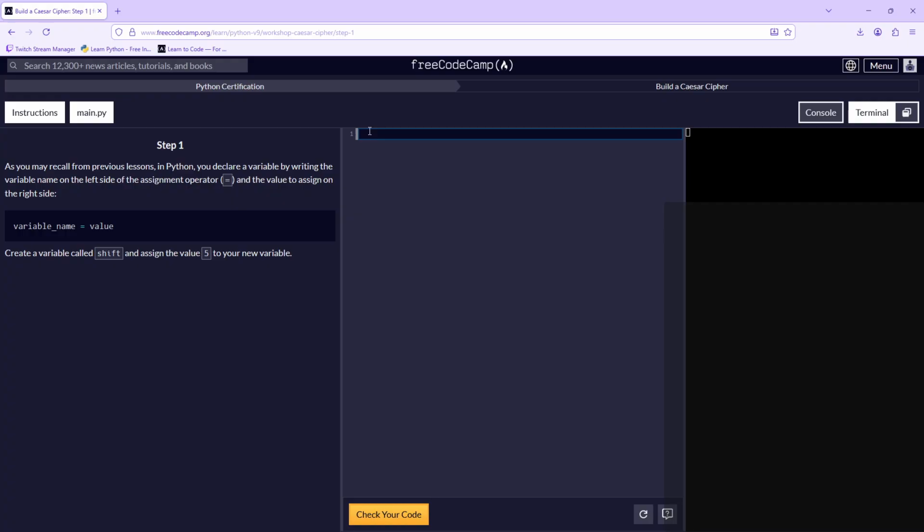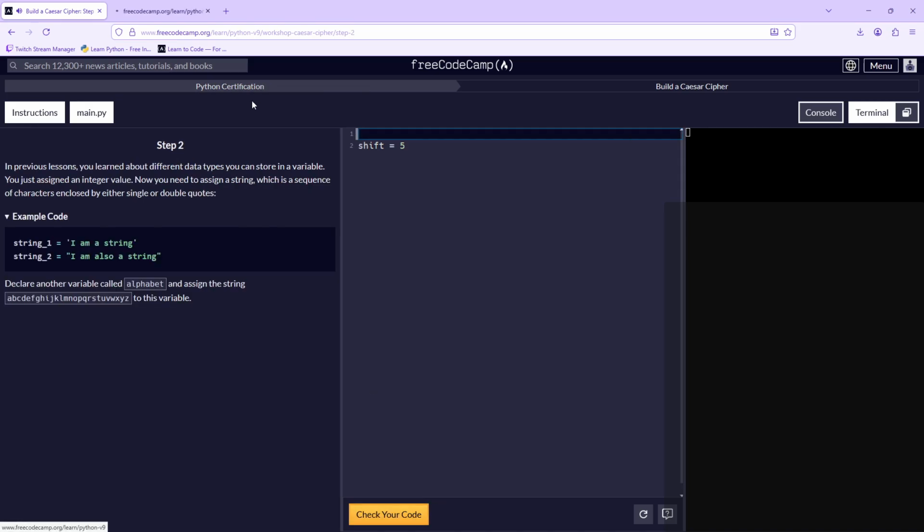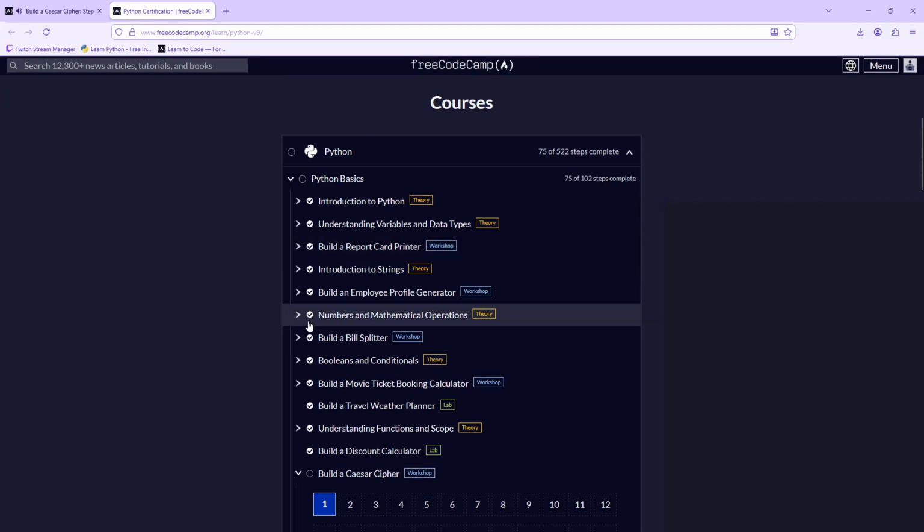Anyway, okay, Python: you declare a variable using equals, the assignment operator, and a value to assign on the right side. Create a variable called shift and assign the variable 5. If I remember correctly, let me look at this really quick. If I remember correctly,